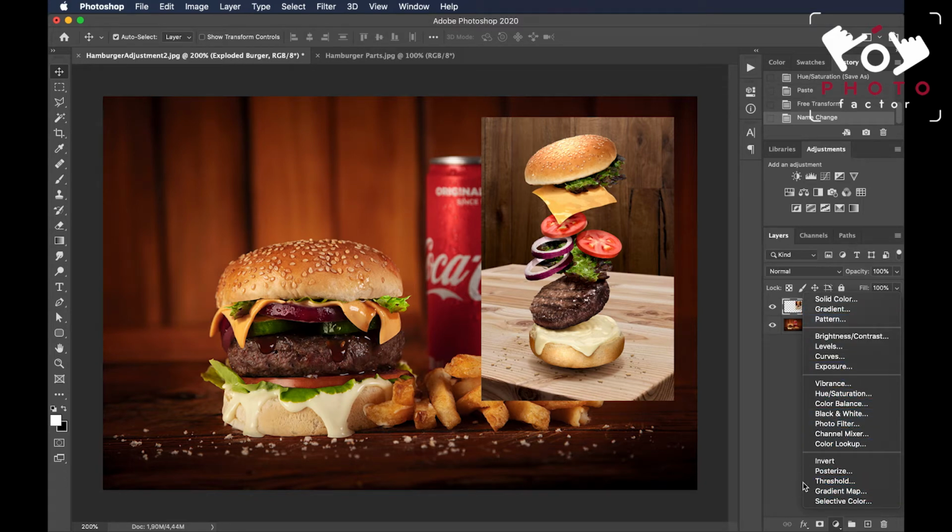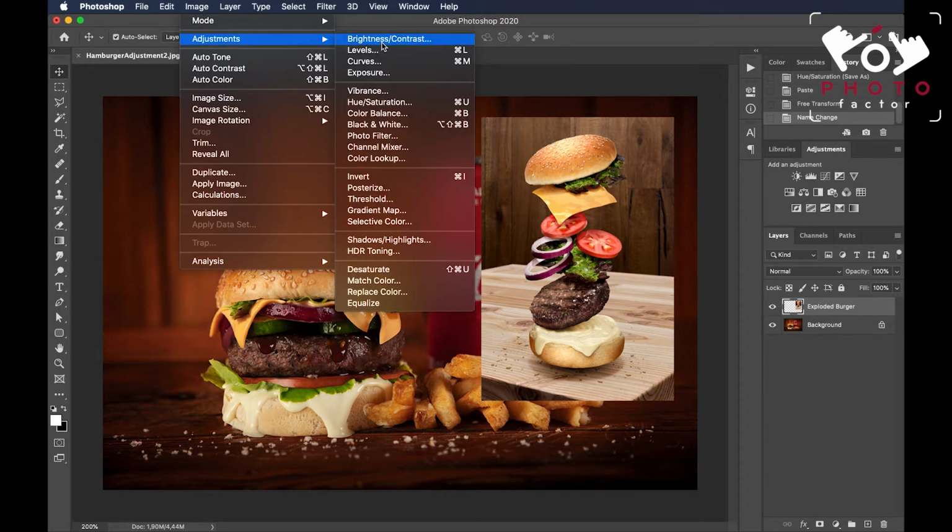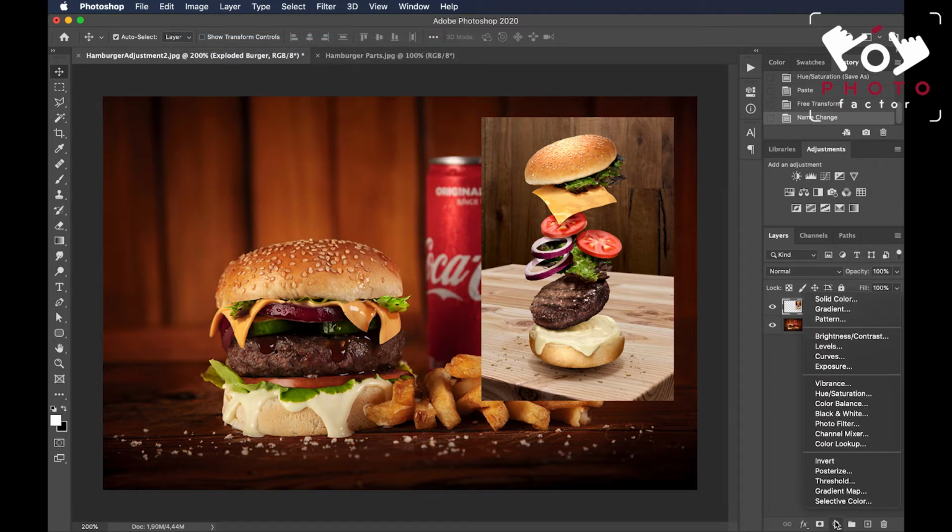Let's just click off that a second. Just take note of some of these adjustments. There's brightness and contrast, there's vibrance, there's hue and saturation, and you'll notice a couple of other options here, which are also all up top here under image adjustments. You see these? They look familiar, right? It's the same menu options over here. So let's say, for example, we wanted to turn this into a black and white image. Not really sure why we would want to do that with food, but just to illustrate the point, we head on over here to black and white,